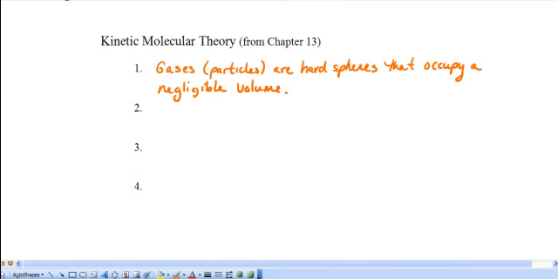Simply meaning this: we treat them like tiny spheres, but when we calculate the volume, we ignore that they're in there. All right, now that's not entirely true, but that is one of the assumptions that we go on